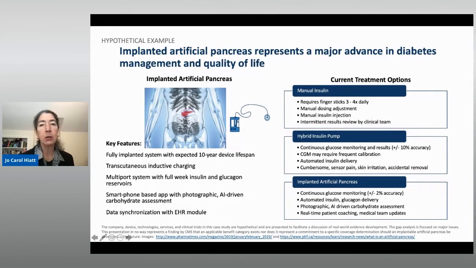It connects to a smartphone app, which provides all sorts of information for the recipient, as well as communicating with the healthcare providers and others who are involved in managing the care of this individual. It's expected to last 10 years. It can be recharged, just like some of the current